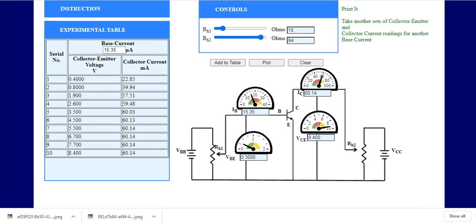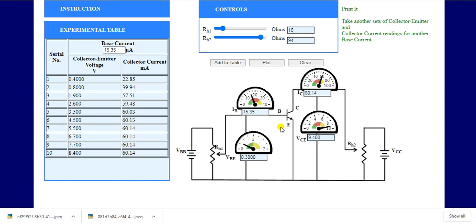Now we can take a different value of IB and we can repeat the entire process of taking the values of IC and VCE for some fixed value of base current, and then we will plot a graph between these two parameters, and then we can analyze the effect of the different values of IB on the output characteristics of a common emitter bipolar junction transistor.